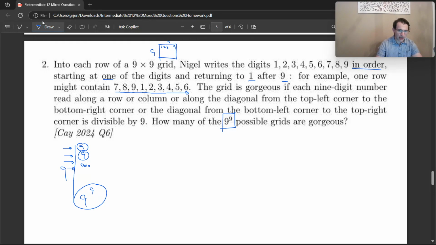So now, how do we make a grid gorgeous? Well, a grid must be gorgeous if the 9-digit number that's read along each row is divisible by 9. And also the 9-digit number that's read down any column is also divisible by 9, and the numbers on the diagonals all must be divisible by 9. Okay? So how do we check that? Well, let's start by noting